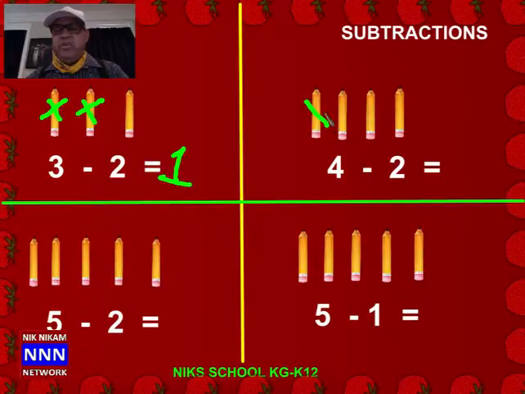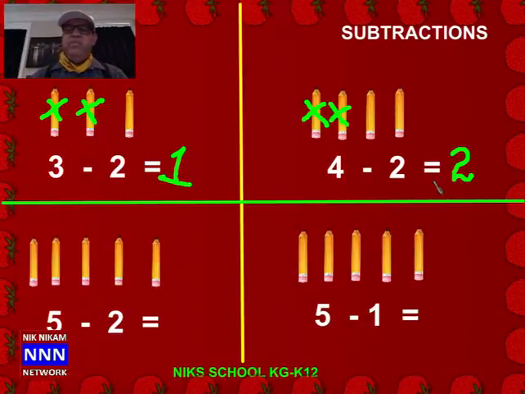Let us cross off 2 pencils. 1, here's another one. So, 2 pencils are gone. So, we are left with 1, 2. So, the answer is 2 pencils. Well, let's get the pen to write here. So, we are left with 2 pencils. So, that is the correct answer.